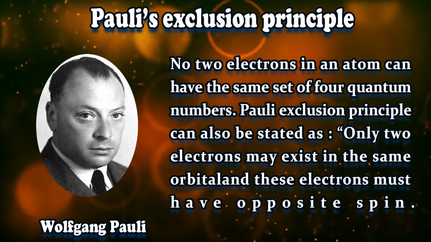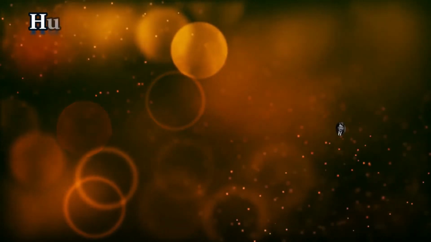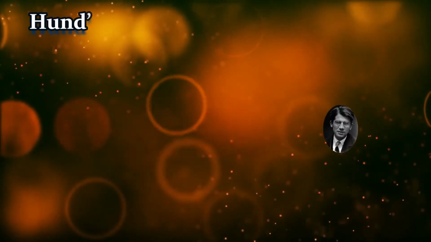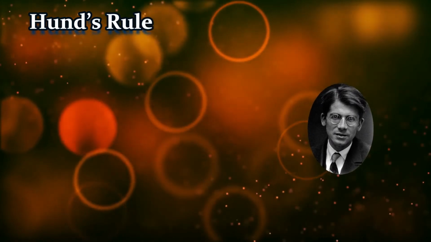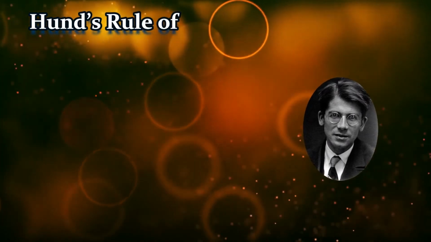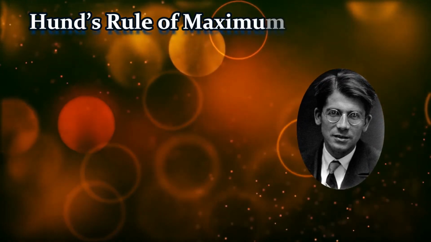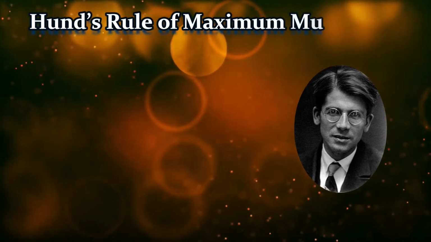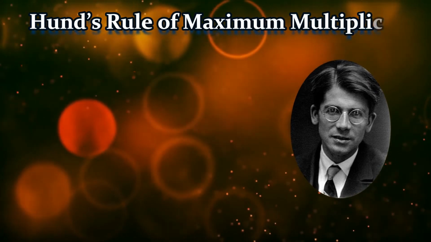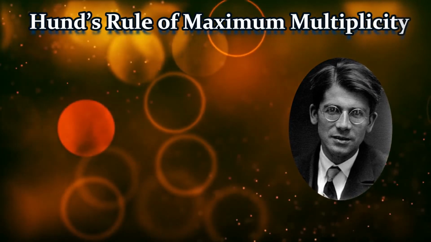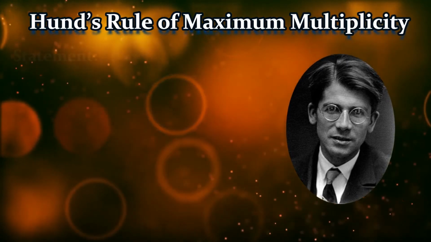Next we have Hund's rule of maximum multiplicity. So what is basically explained by Hund's rule? First we will go for the statement and then we will explain it one by one, right? But in Hund's rule there is something important we should discuss before we start the statement. That is, Hund was the person to apply a word, right? That word is called degenerate. Now degenerate means same energy. Suppose px, py and pz, these three are called degenerate orbitals. What do we mean by that? It means px, py and pz have the same energy. That is why they are called degenerate orbitals, right?